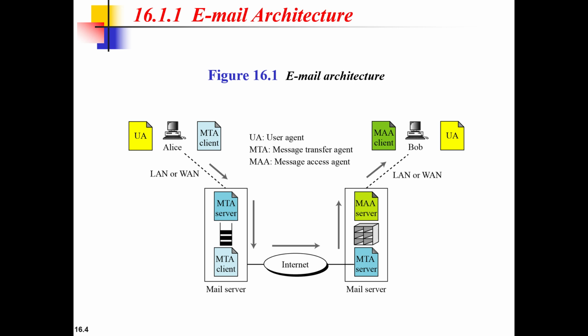So the message received at the mail server at Alice's site is queued with all other messages. Each goes to its corresponding destination. In Alice's case, her message goes to the mail server at Bob's site. Any client-server MTA is responsible for the email transfer between the two servers. When the message arrives at the destination mail server, it is stored in Bob's mailbox. This is a special file that holds the message until it is retrieved by Bob.